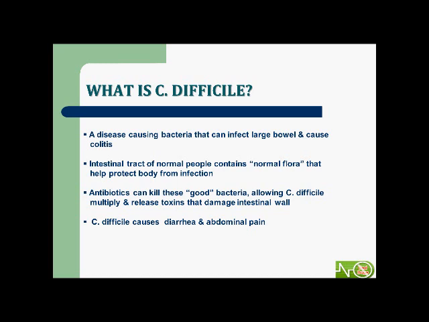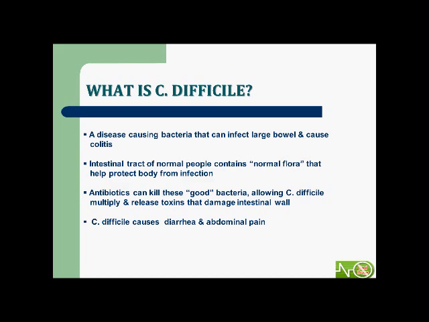But sometimes when you have overburden of it after antibiotics kill the good bacteria, allowing the Clostridium difficile to multiply, then the toxins are released, and that causes the damage of the intestinal wall and cause the diarrhea and complications